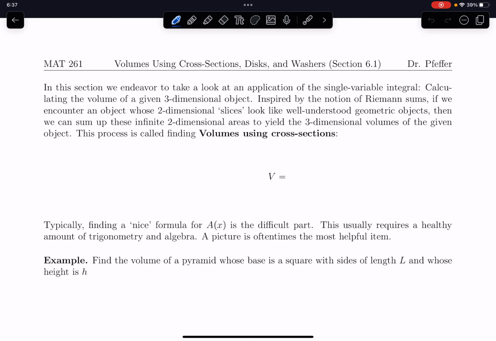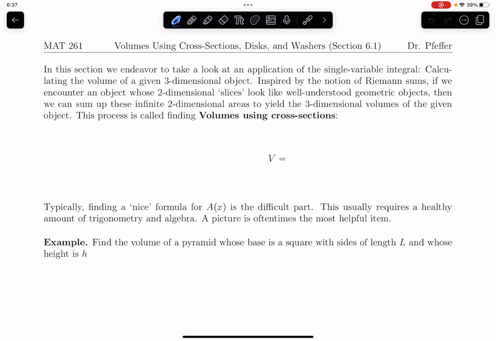Hello, everyone, and welcome to the first conversation on Chapter 6. Chapter 6 is going to be a little bit different from anything else we've talked about so far. It focuses heavily on the integral, and primarily it covers a handful of applications that one might typically encounter for